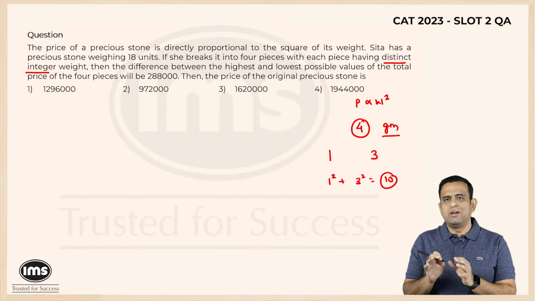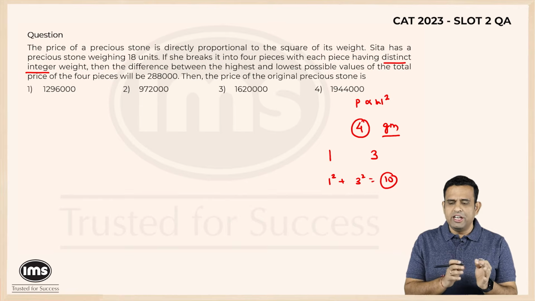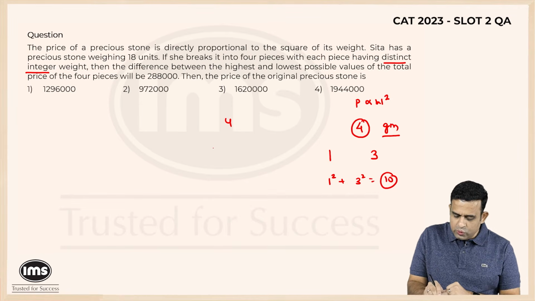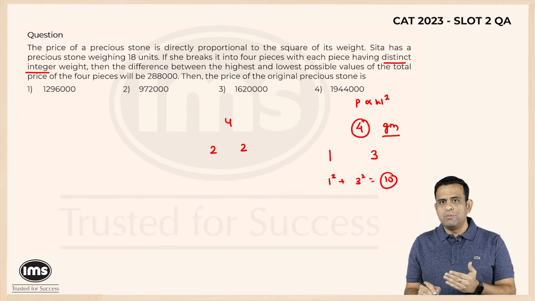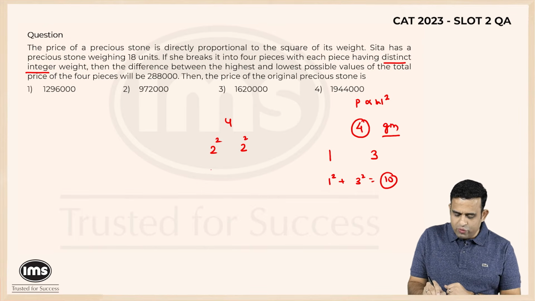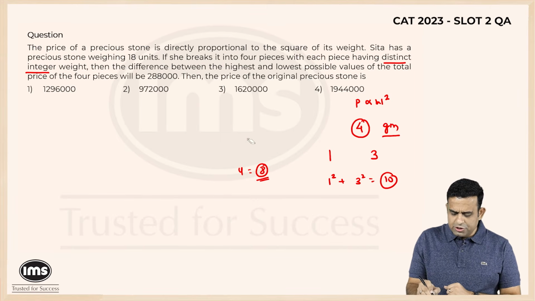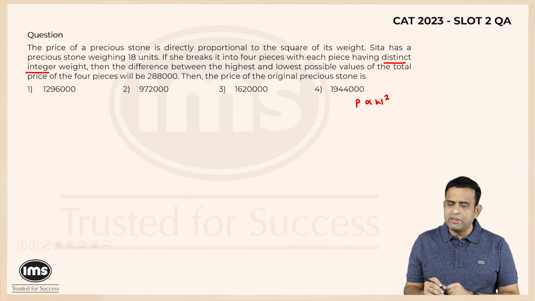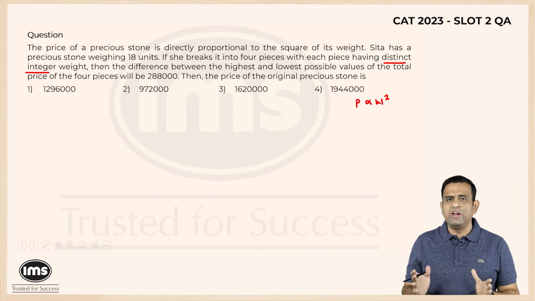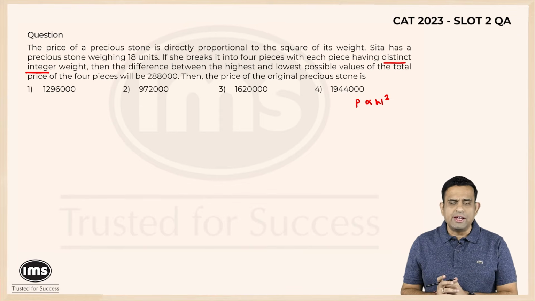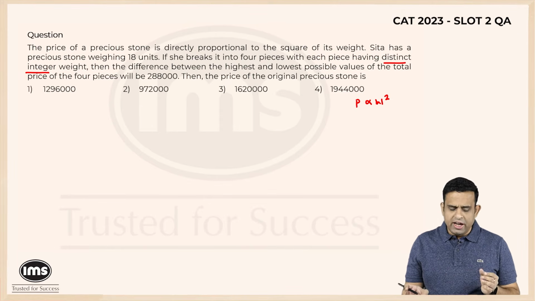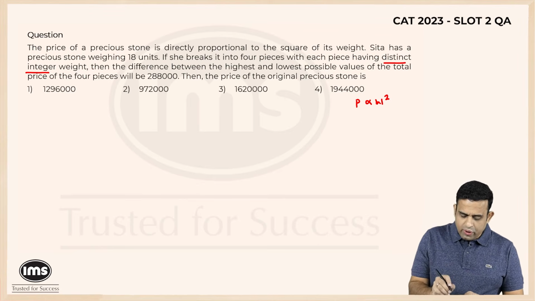What if I have taken them as 2 and 2? Please note, yes, they have told distinct, but even if I take them as 2 and 2, in that particular case, 2 square plus 2 square will give me nothing but 8 over here. And we are getting a smaller value. So as we understood, in case I want the max possible value of the stone, I should take the 4 weights where one of them is going to be highest and the other 3 are going to be lowest. And since I want them to be distinct, what I can say is that we can have weights like,